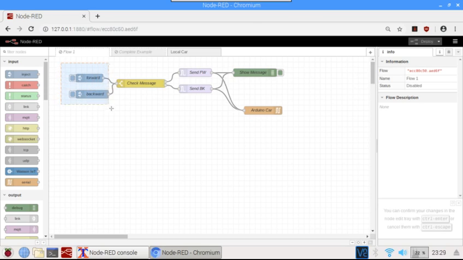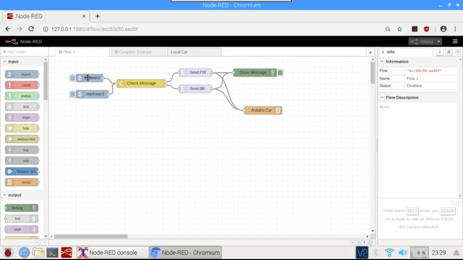So the first two blocks, those two gray ones, are from the input category. They are the inject block. What you need to do is drag and drop the block here, then start changing their properties to customize them,